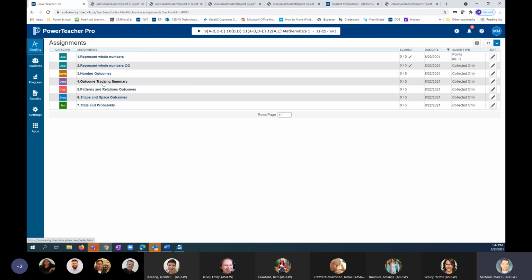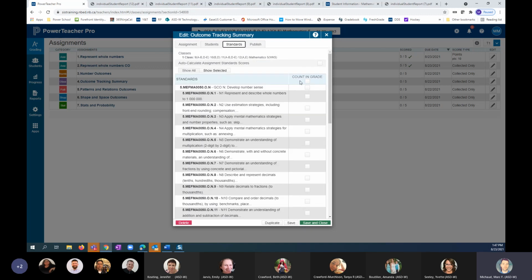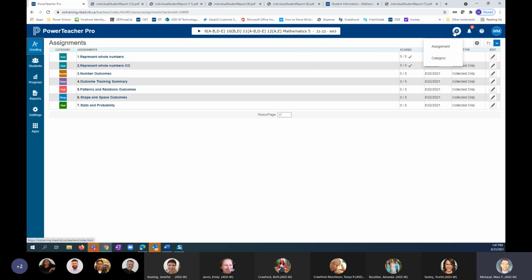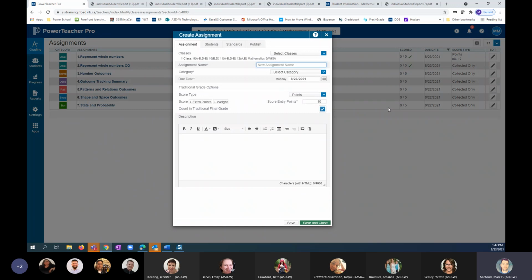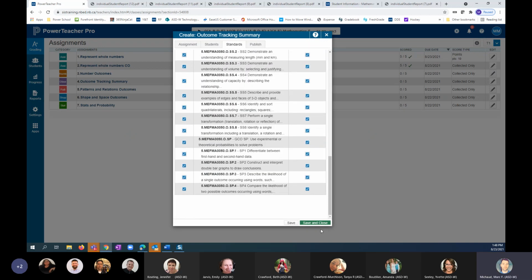So what I did, I created an assignment and I called it Outcome Tracking Summary. When I created it, I attached all the outcomes. How I did that, I went to assignment, I called it Outcome Tracking Summary. I put it in the observations category, and I made it collected only, and then under standards, I attached them all. So what that does, when you hit save and close,